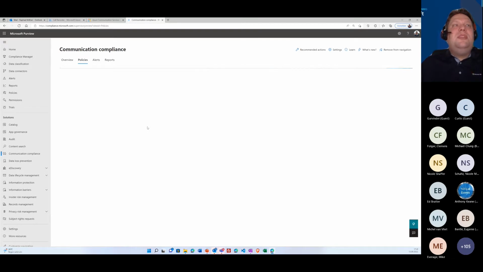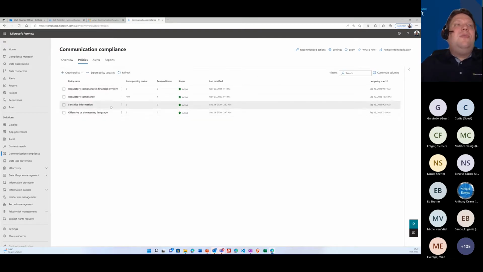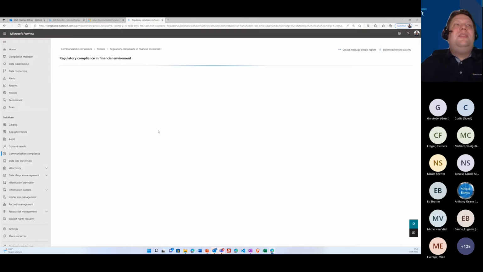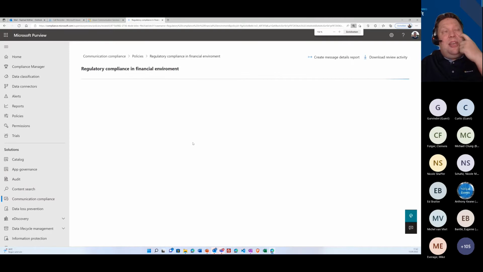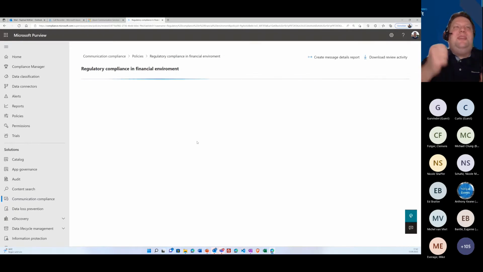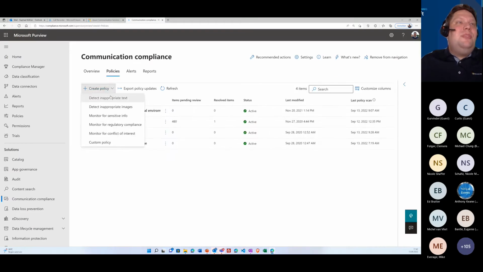For example, you need the DLP policy you can go for. And when we have a look, for example, here, it's a compliance in financial environments, and we have in communication compliance the topic about stock market and stock market trading and all of this. Hopefully you remember. Let's have a look at it, and hopefully it's a live demo. It will go a little bit faster. If not, I will start with a new policy. Okay, let's start with a new policy. That's sometimes a little bit faster.